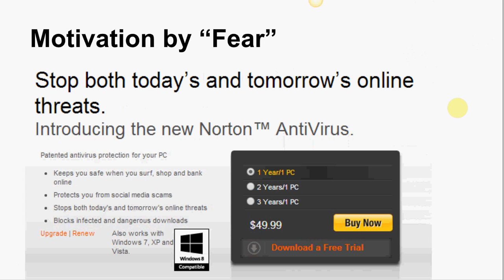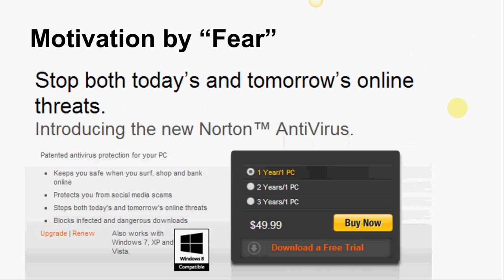Typically you don't have a buy now button so quickly on any of these websites, and the reason is because it's a little too soon to get people to just buy until they really understand everything they're getting. But in this case, we're dealing with Norton Antivirus, which is a very, very old and very, very well-known program. It's like Microsoft, and therefore, since it's so well-known and it's been out there for many, many years, they just assume that people know what it's all about, and they don't have to explain it too much,